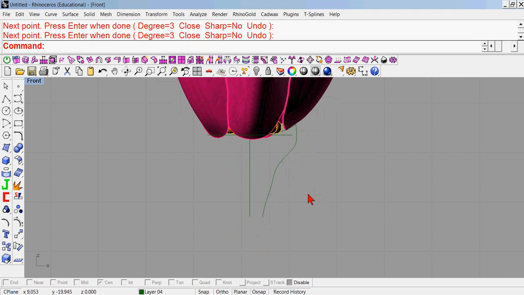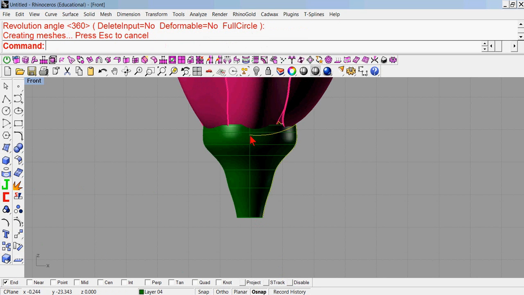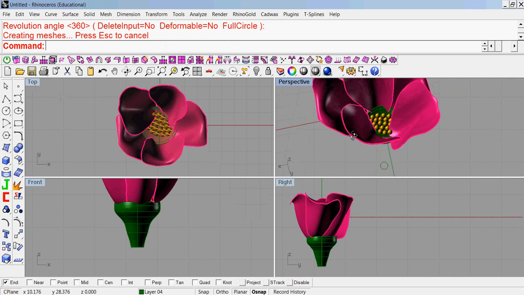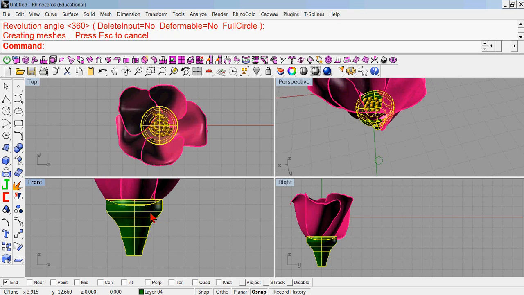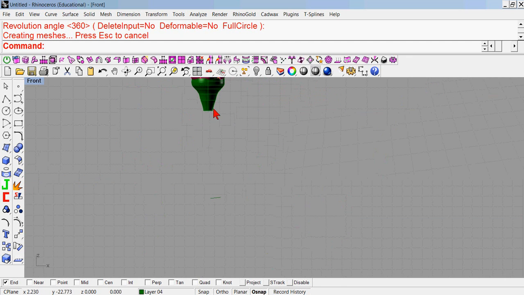Alright. Now let's take this and do a revolve. We'll go from the end of our line, end to end. And we've got a little bulby thing. You can make it better on your own. I'm just doing this for kicks. And I'll tell you what, let's try this one. Now let's take